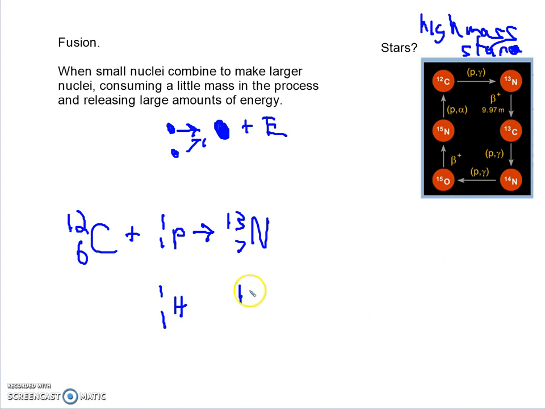So we take this nitrogen-13, which I didn't really need to rewrite, I could have just taken it from here, and it's going to shoot out a positron, which has basically no mass, but it has a positive 1 charge, which means that this still has 13 mass, but now it has 6 protons, because a proton basically broke down into a neutron and a positron, which I can't really explain why that works. So it would be like that, and then if it gains another proton,